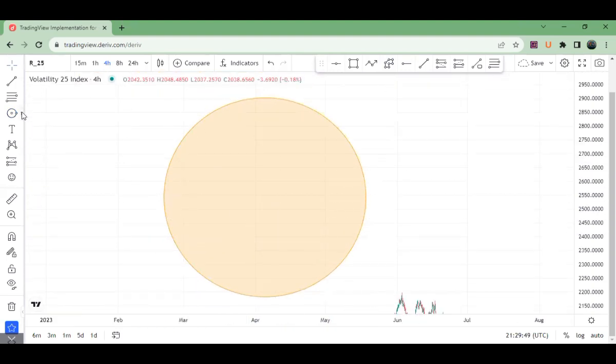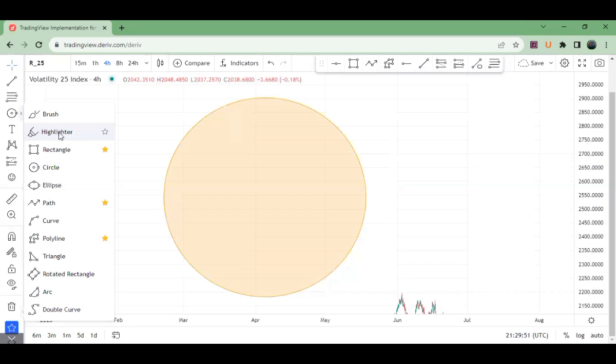Okay, so we have the circle here. Now in this circle, we want to have